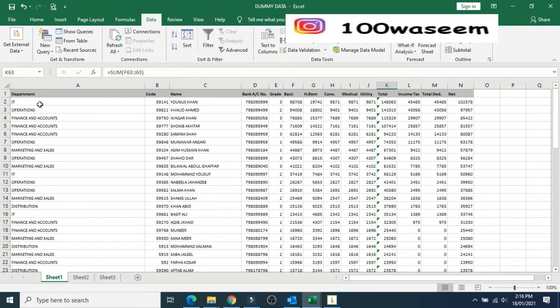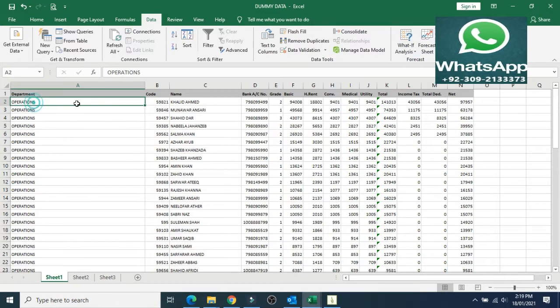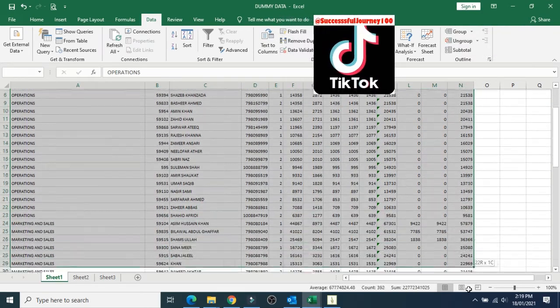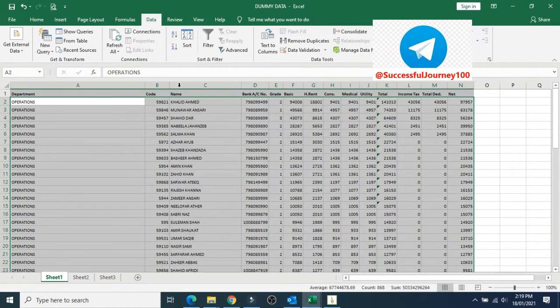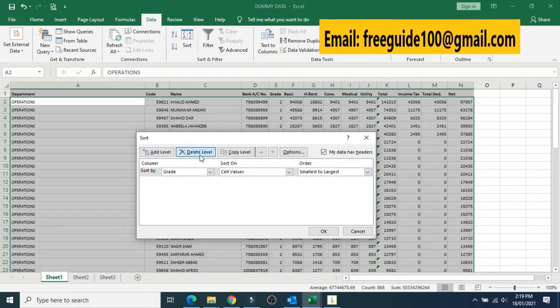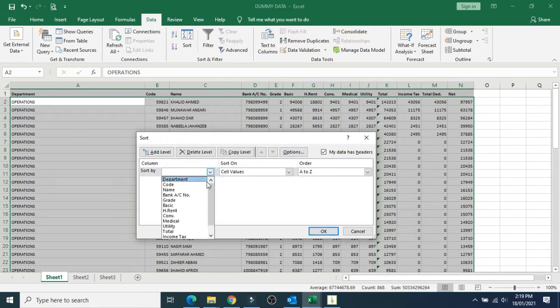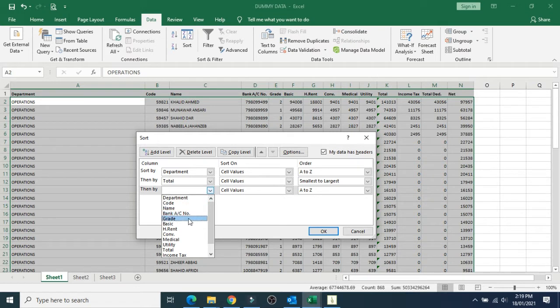Now management wants the data department wise, and in each department they want to see who is taking the highest salary. So I go to selection of the field, I select the field from here to there, and yep, that's correct. I go to sort, I want to sort with department. Let me delete this. I want to add this with the department. I select the department. Then I want to sort based on the total salaries. I select the total salaries, and then I add level. I want to sort based on the names. So I select the column